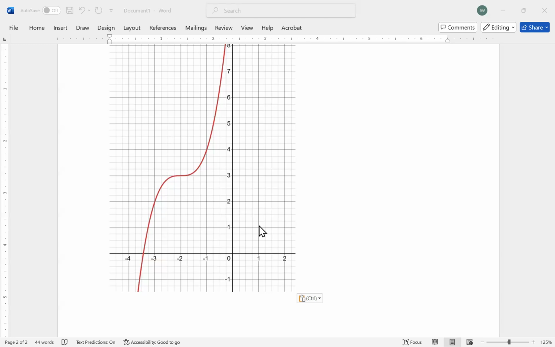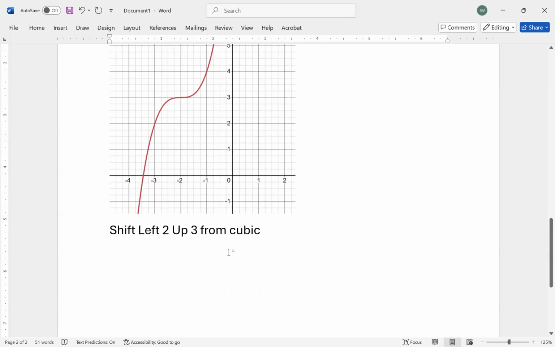So the shifted 1, 1, it doesn't look like it's been vertically stretched or horizontally stretched at all. It's just been shifted left 2 and up 3. So the shift is left 2 and up 3 from the cubic function. Knowing that,